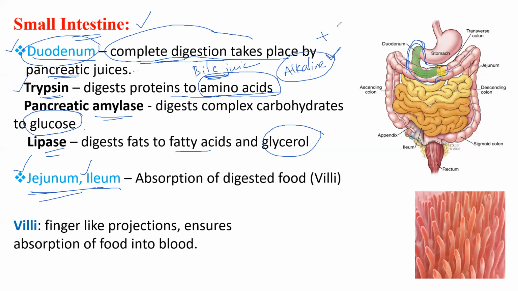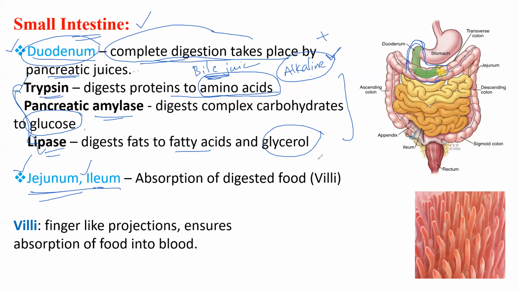And one more thing: the small intestine has the capacity to produce intestinal juices. Of course, these are also present in the intestinal juices, which digest all the proteins, carbohydrates, and fats into simple substances. Intestinal juices, pancreatic juices, gastric juices, all the juices finally complete the digestion. All the nutrients we have taken are digested into simple form.